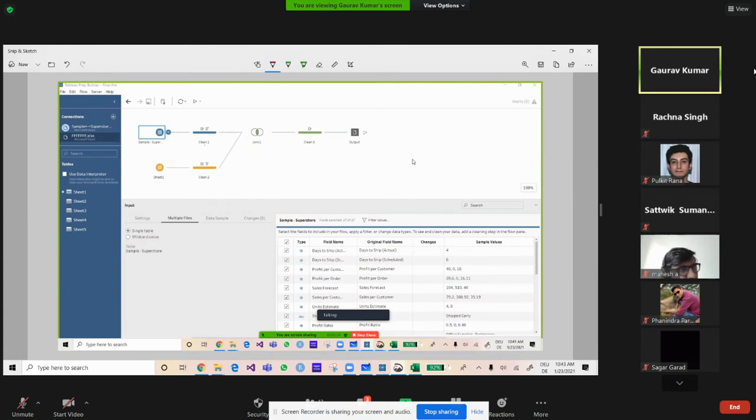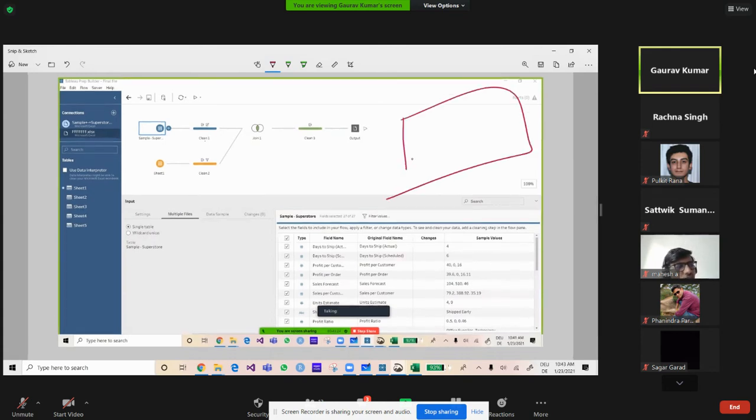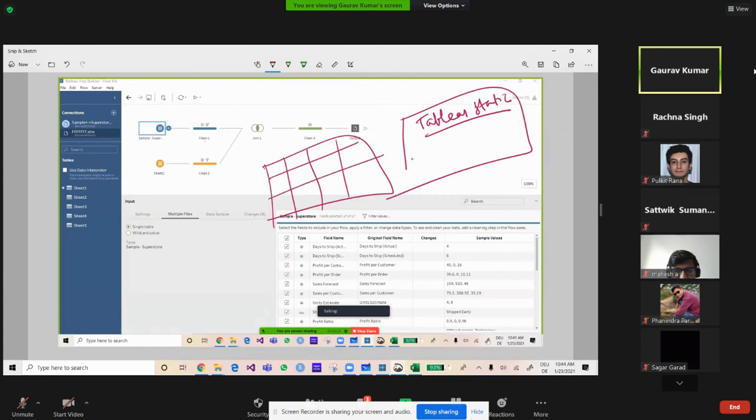But apart from that, there is one disadvantage of this tool. This is a static tool, not a dynamic tool. Tableau is a static tool. What does it mean? For example, this is a data set. When you are processing your data, it will take a screenshot of that data at that instant. For example, if you are taking data at 11:20 AM, it will take the screenshot of that data at that point of time. So after that, if any data is generated at 11:20, it will not reflect here.